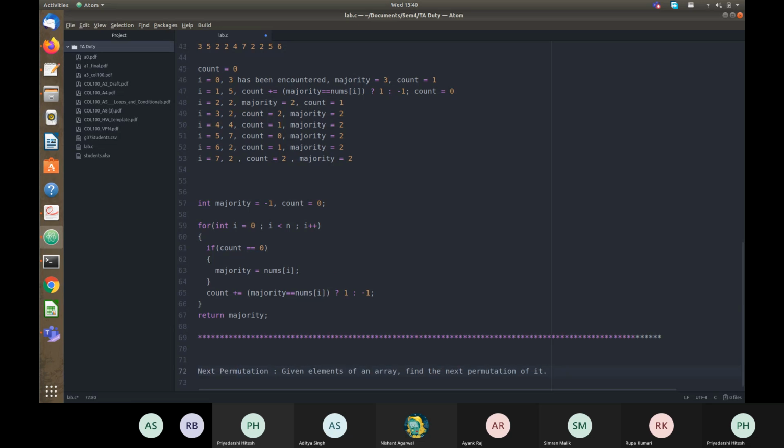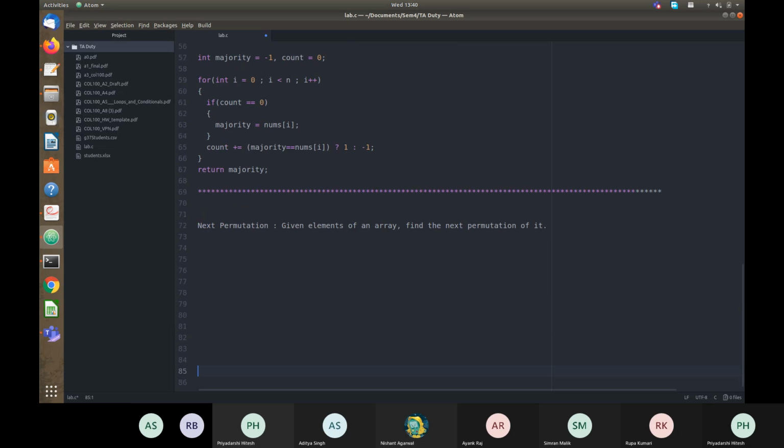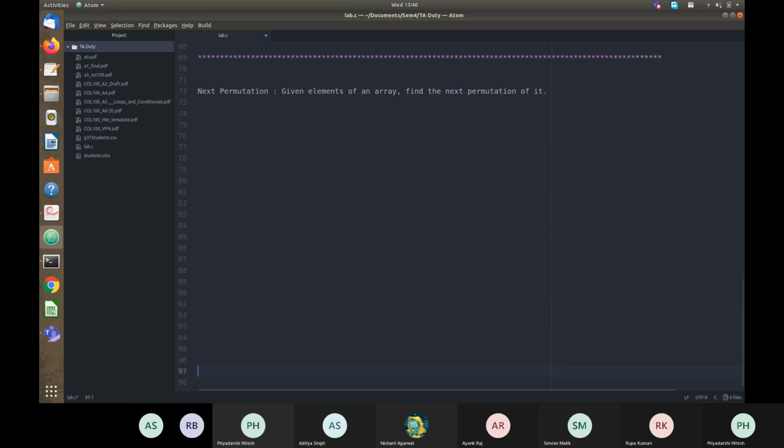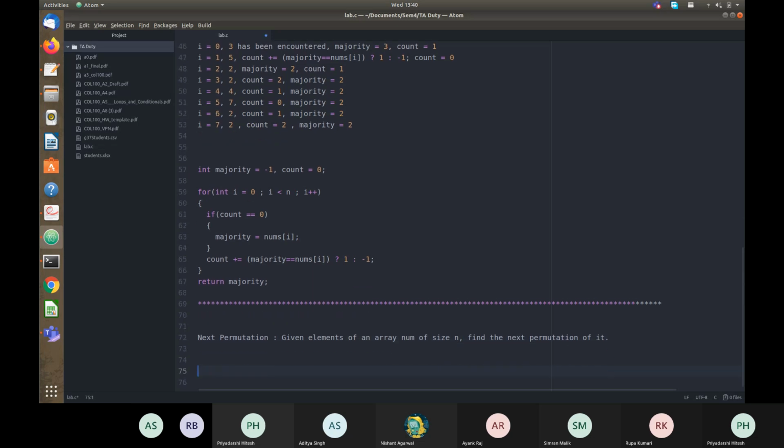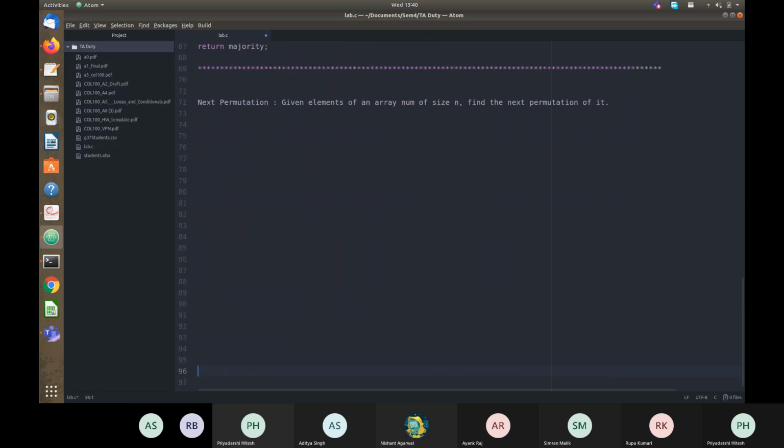This is Next Permutation. So you are given an array of elements of size n, let's say nums. You have to find the next permutation of it. So basically, you have to print the next permutation of it, or just change the array to the next permutation. So what I mean, by example, you can say here, like